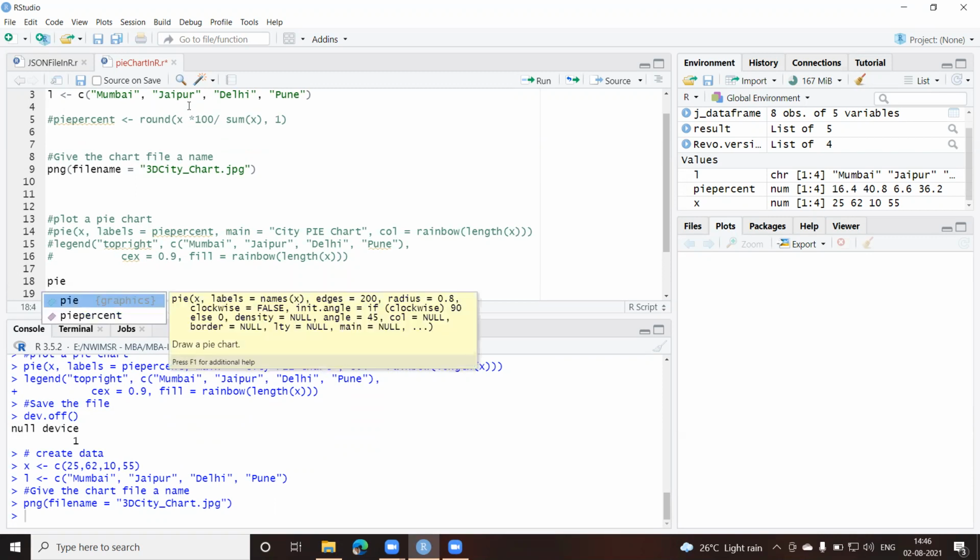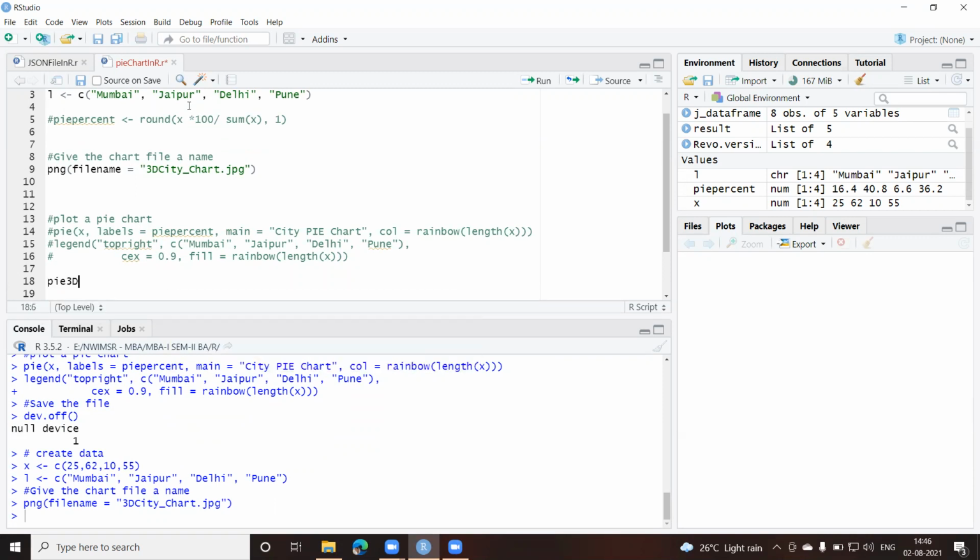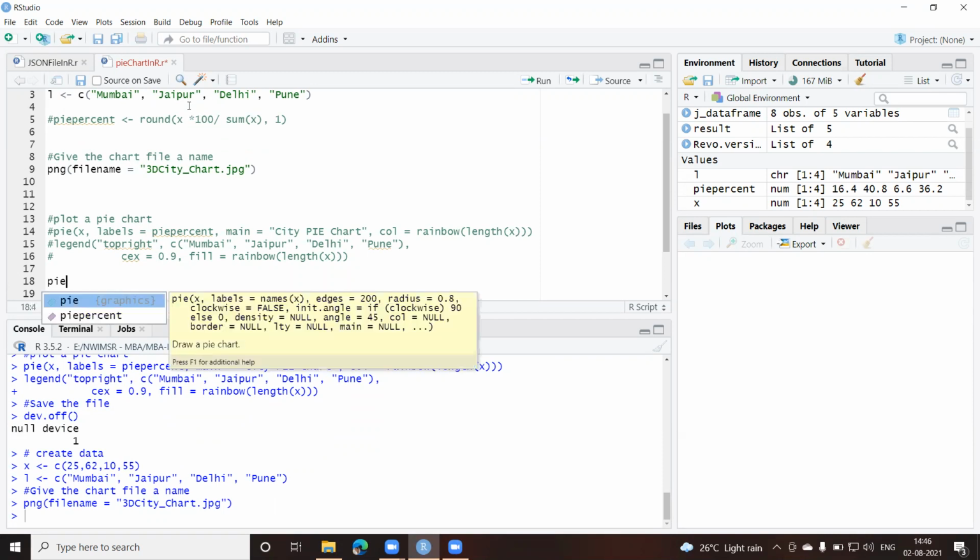To use this pie3D, as soon as I gave this name, I did not get anything in the pop-up list. That means I need some additional packages to be uploaded.